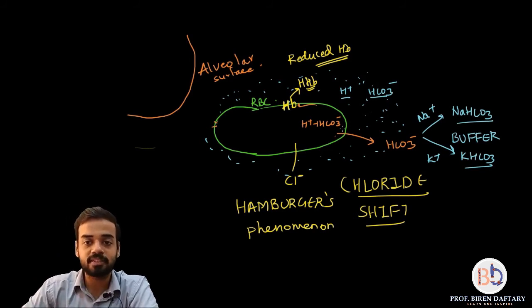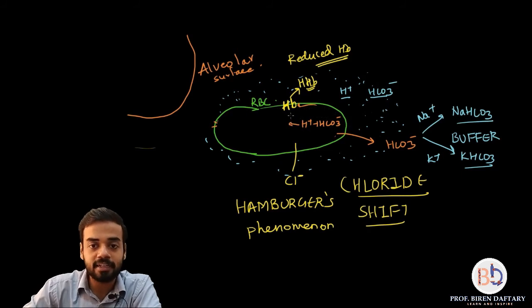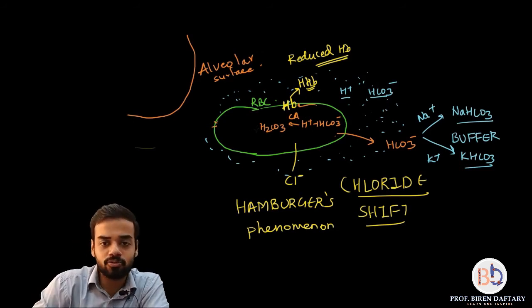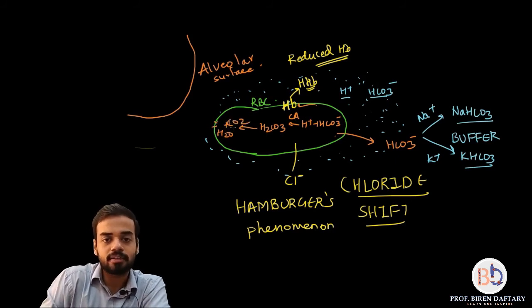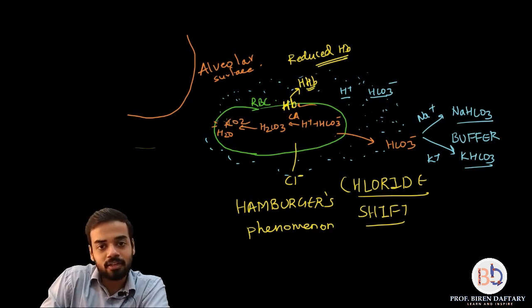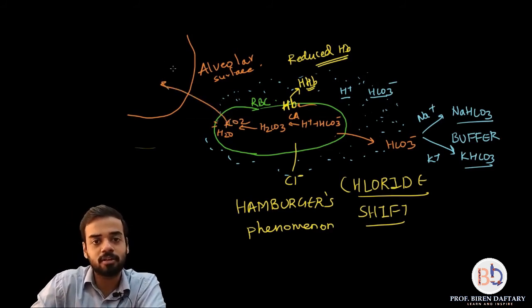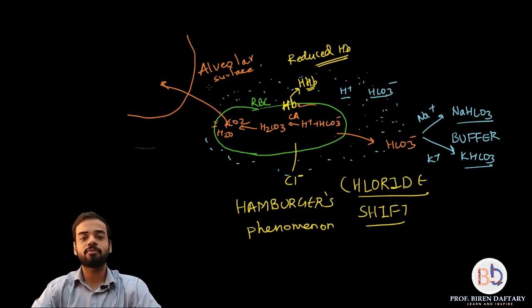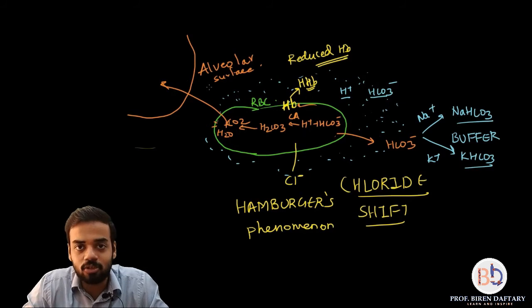So this H plus and HCO3 minus present in the RBC will be catalyzed by carbonic anhydrase and converted into H2CO3. Same thing that we learned in plasma. And H2CO3 will break up into H2O plus CO2, and this CO2 which is formed has a partial pressure of 45 millimeters, and that will diffuse into the alveoli because carbon dioxide in the alveoli has a partial pressure of 40. Even water vapor diffuses. So carbon dioxide is given out.